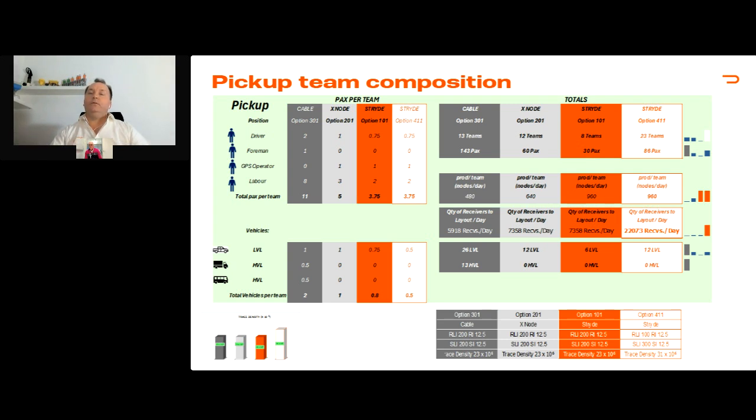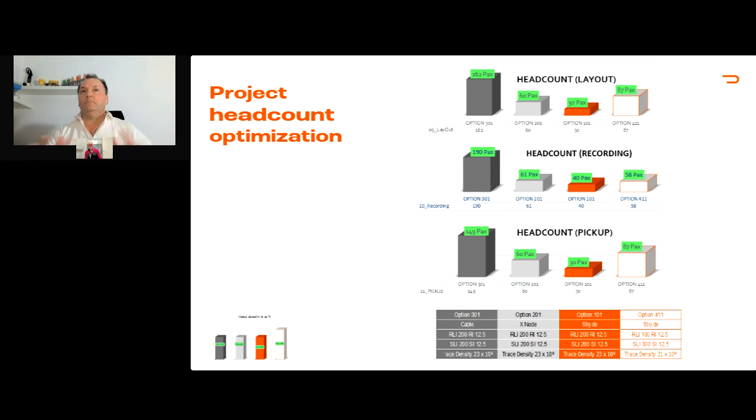The stride node team is anywhere between 2 to 3% per layout or pickup team. That's headcount optimization summary, layout on the top, pickup at the bottom. You go from 160 to 30, 160 to 60 with conventional generic node. The drop is phenomenal. And it's even more important